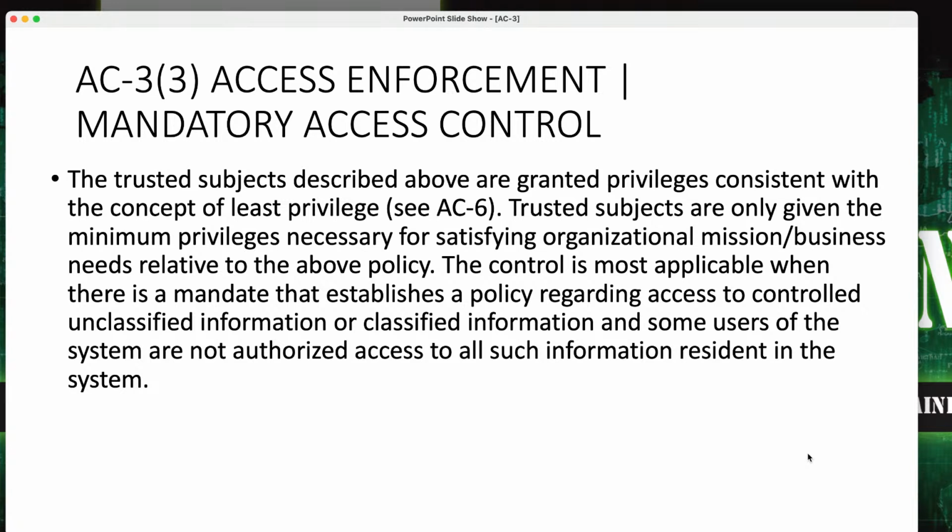Trusted subjects are only given the minimum privileges necessary for satisfying the organizational or business missions and needs relative to the above policy. The control is most applicable when there is a mandate that establishes a policy regarding access controlled unclassified information or classified information, and some users of the system are not authorized access to such information resident in